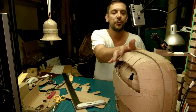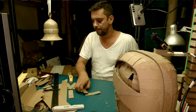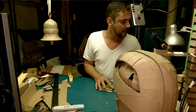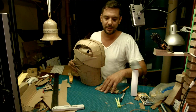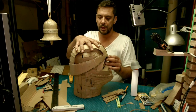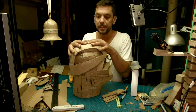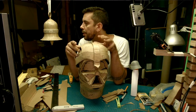So we left off with this beautiful state of the Vader helmet. Here, so the rough form of the upper part of the Vader helmet is nearly done. I haven't filled in the